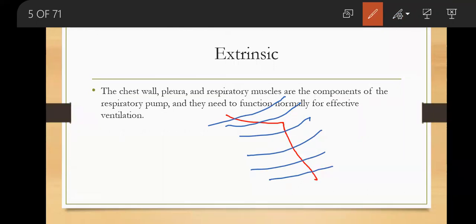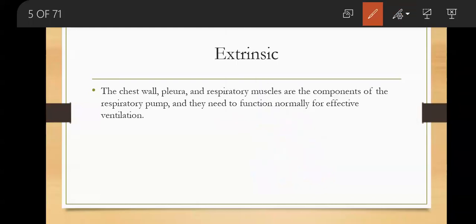All these factors affect the ventilation, and any problem in these components will cause extrinsic lung disorder as a part of restrictive lung diseases. So, diseases of this structure result in lung restriction,